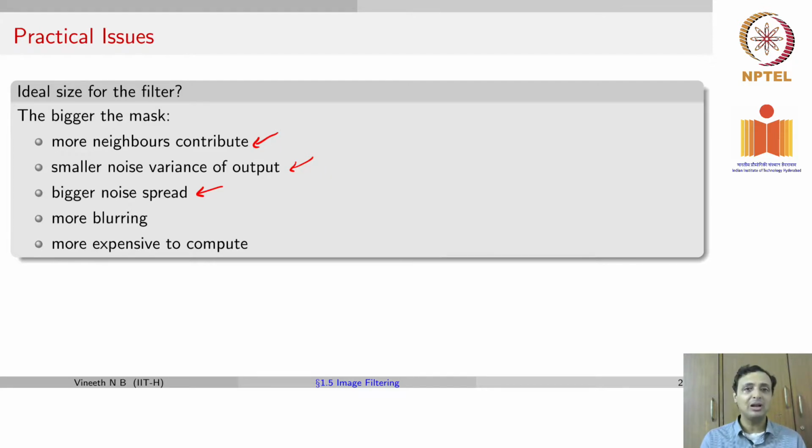Remember, we talked about the receptive field. So a larger number of pixels in your output image will be impacted by that noise. That's the other side of the same point that we saw on the previous bullet. The larger the size of the filter, if you do an averaging filter, it leads to more blurring, obviously. It's also more expensive to compute. Smaller filters means the number of operations is going to be lesser. So a 3x3 filter has 9 operations in a non-separable case, but a 5x5 filter has 25 operations.